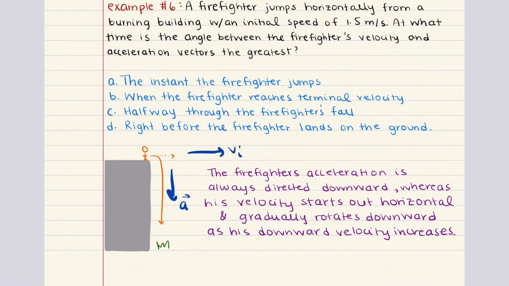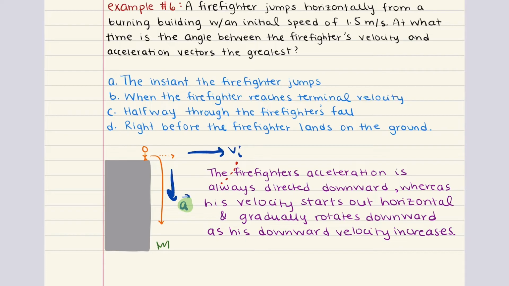Now, the acceleration vector is always directed downward due to gravity, and it doesn't change direction or magnitude throughout the fall. The velocity vector, however, begins to change over time. The velocity vector begins purely horizontal, and then it gradually gains a downward component as the firefighter falls,